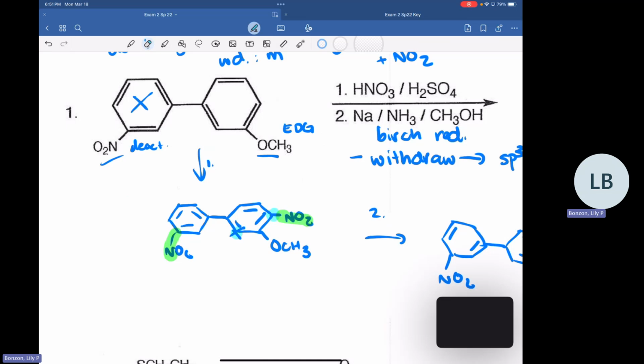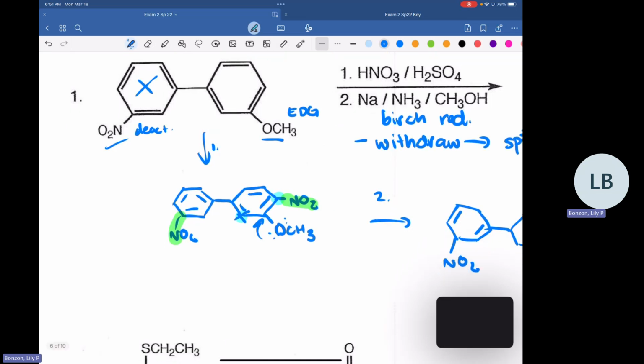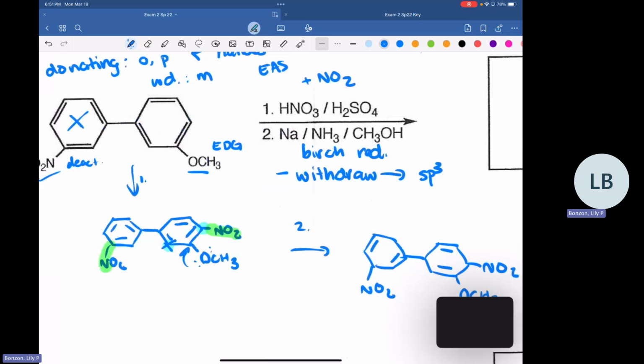It's mostly because of steric hindrance. So the benzene would technically be a donating group, so it would be ortho-para. But since that would just be by induction, there's no resonance going on there. This OCH3 would be donating by resonance, so it'd be the stronger one. So you'd go with that one. But then, yeah, the reason why I didn't put it in that position was just because it would be pretty hindered with that big benzene ring right next to it. So I just put it next to the OCH3, which is a little bit smaller.